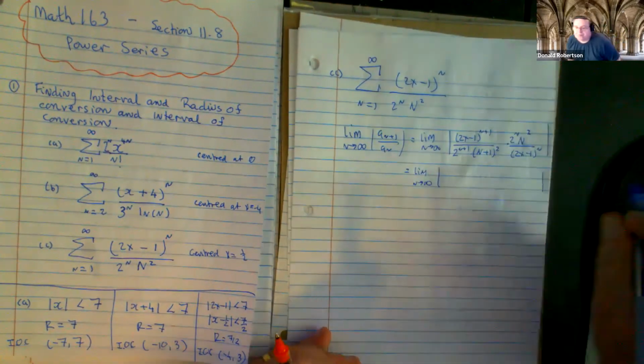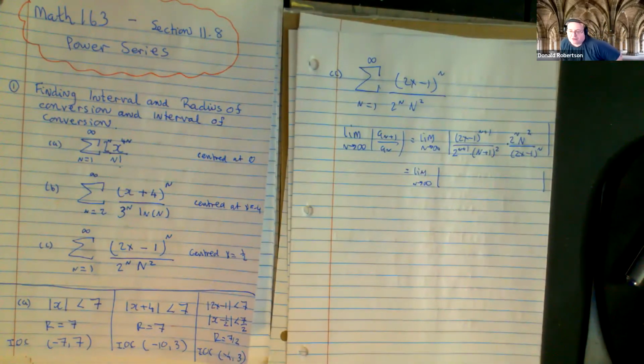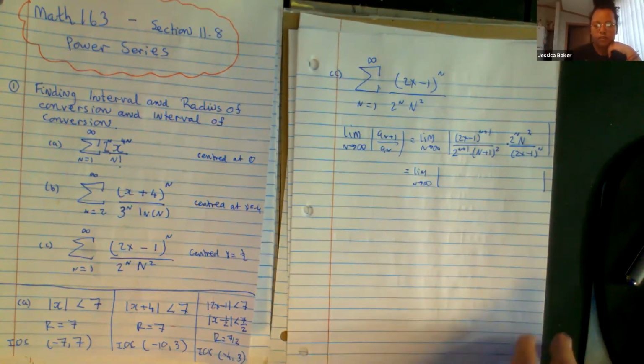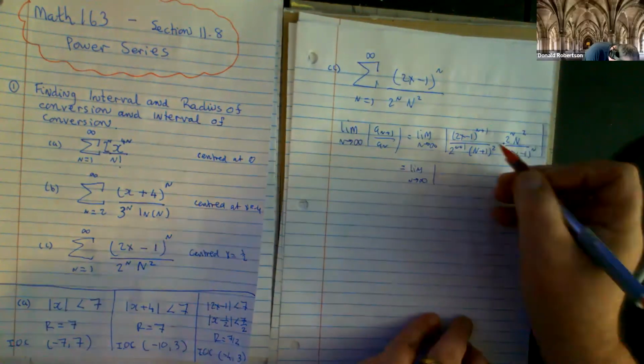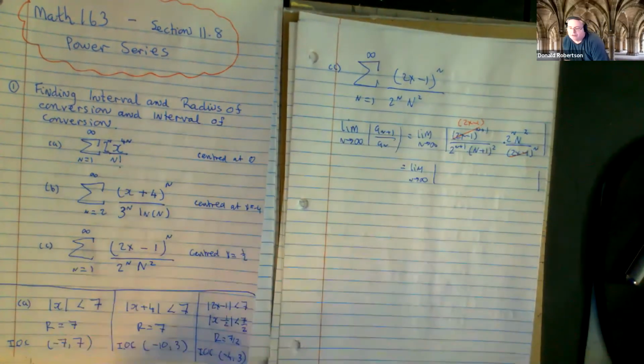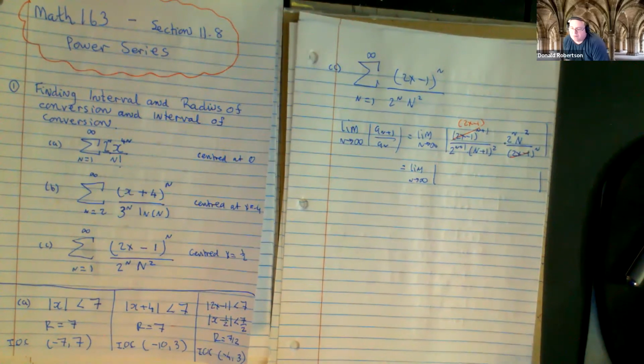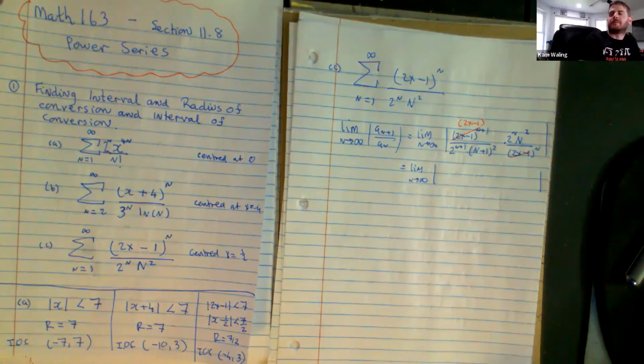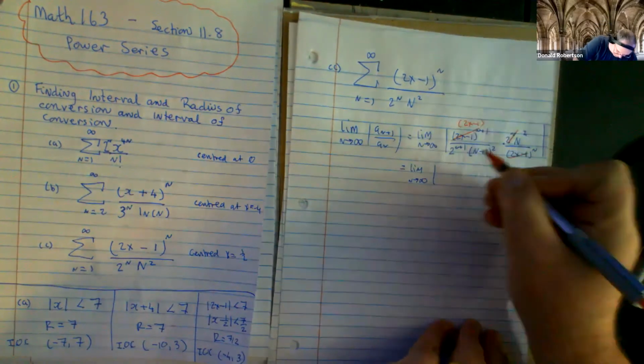Okay, let's go hunting. Find something in the top that cancels out with something in the bottom and tell me what's left. Go hunting. Who can you kill? 2x minus 1 would be left in the top. Agreed. Something else can also go. Something in the top will cancel something in the bottom. One more thing. We'll have a 2 on the bottom. Right, those two cancel, leaves a 2 in the bottom. So what you're now left with